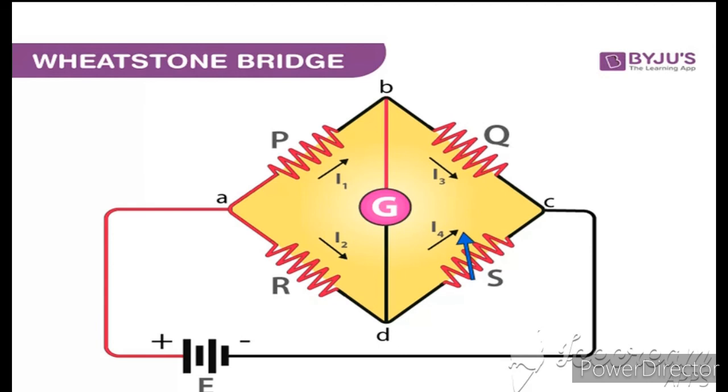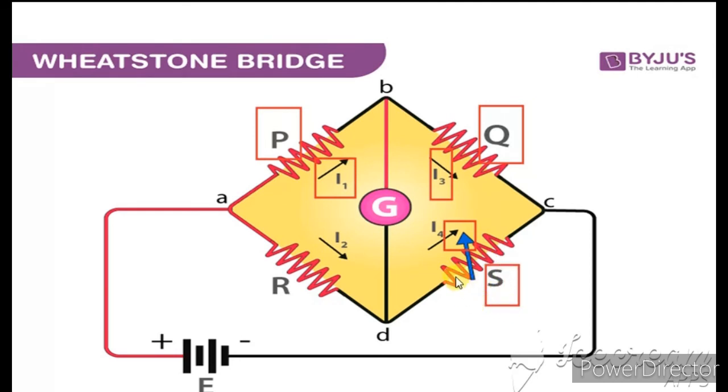So outside the circuit, when you are considering the current and the resistance again here, what is the current in this? I1, the resistance is P. Next I3, the resistance is Q. So this is flowing in the same direction, again the same direction it is moving. But when you are coming here, this is in the opposite direction. So I4, yes, opposite direction. Again when you are coming here, this is in the opposite direction, I2 R, because this is coming as a cyclic one.